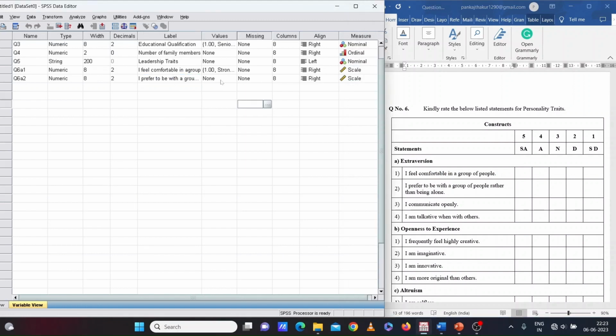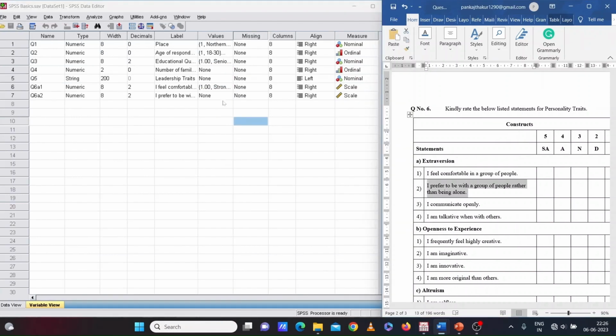As you know, in the value column we have already specified the values for statement 1. So we don't need to specify these values again and again if they are similar. We will select this particular column and click on copy, and then select this cell and click paste.